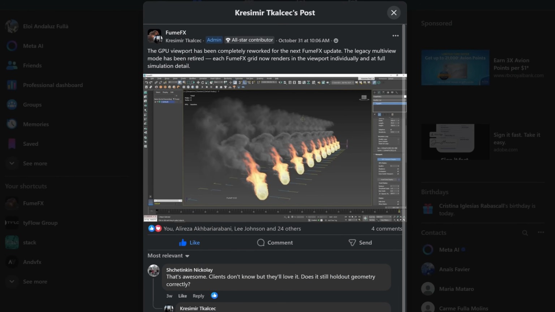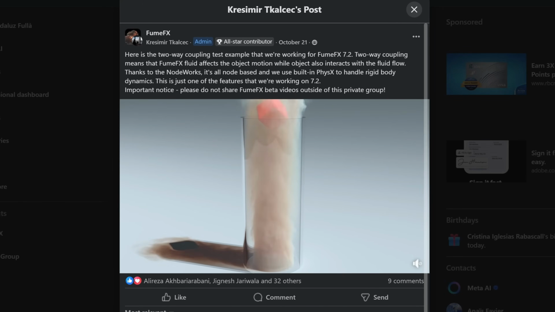On the FumeFX Facebook group, they are showcasing the complete GPU viewport rework. They can render all those grids directly in the viewport and with full simulation detail. Also, they have been showing a two-way coupling test where a rigid body and FumeFX interact with each other. The FumeFX interacts with the rigid body, making it move up, but the rigid body has some resistance for the